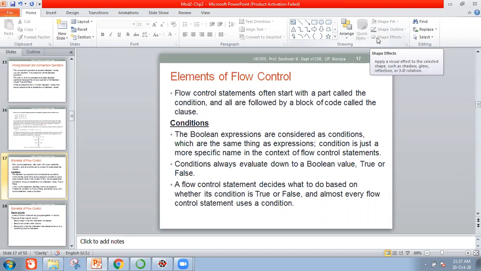In the last video, we discussed the elements of flow control, the different types of flow control. We discussed what flow control is, why we call it flow control, and how to write the conditions. Using control statements, we discussed if, else, and else if statements, and how to write conditional statements in Python programming.